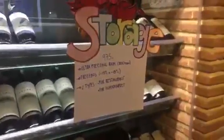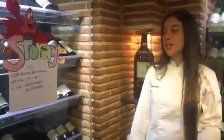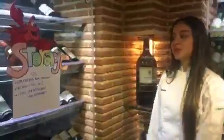Let's continue. Here we're going to listen a little bit about one of the most important key points of our company, the storage. At Pesquera Jaramillo we have two storage processes until the product arrives to the final consumer. The first storage process is when the Jaiba arrives to the factory and immediately goes to the ultra freezing room, where the Jaibas spend about 4 hours, and this room allows 300 tons per batch, and each batch has